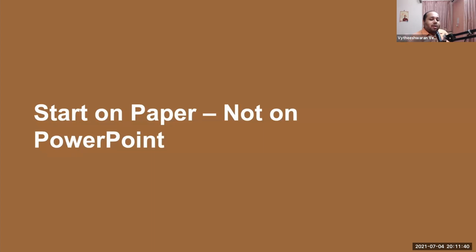Write 2 or 3 descriptive points for each of those post-it notes. Those 2 or 3 descriptive points are what is going to be the foundation for your slides.